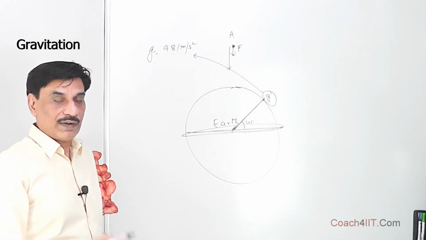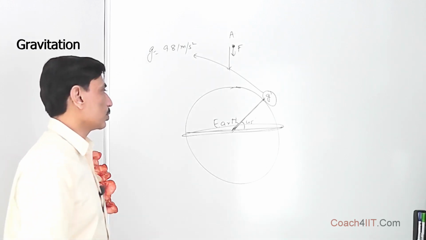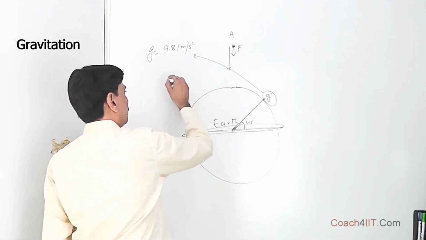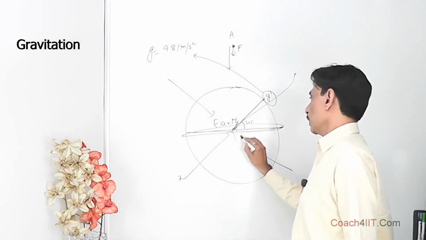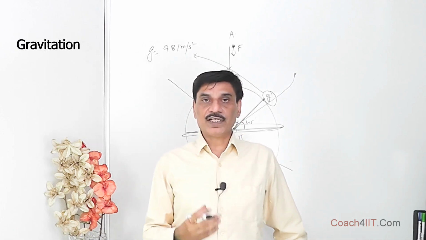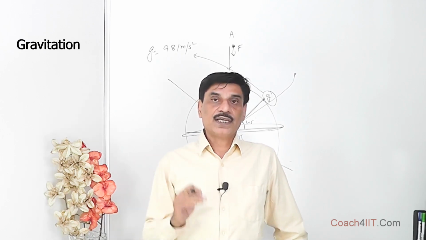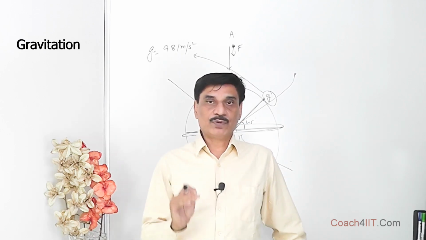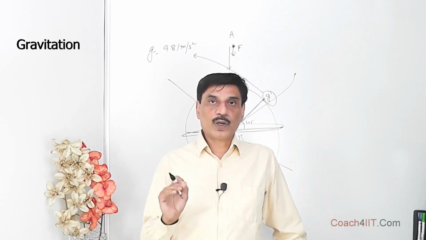So we have force of gravity, we have acceleration due to gravity, we have weight. Weight is the force with which Earth is pulling all the objects towards its center. Earth has a tendency to pull all the objects towards its center. Rather, before Newton gave the universal law of gravitation, it was assumed that the natural state of all objects is on the surface of Earth. The force with which it pulls all the objects towards the center is called the weight of the body.